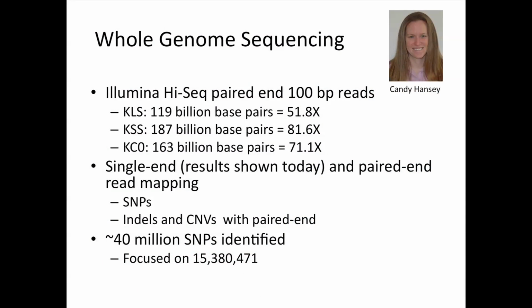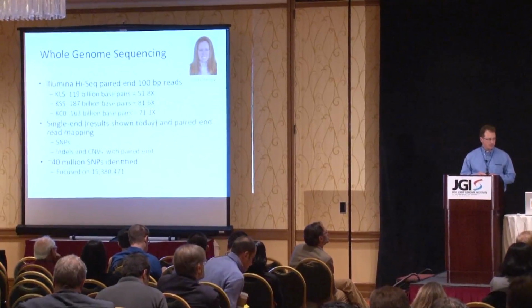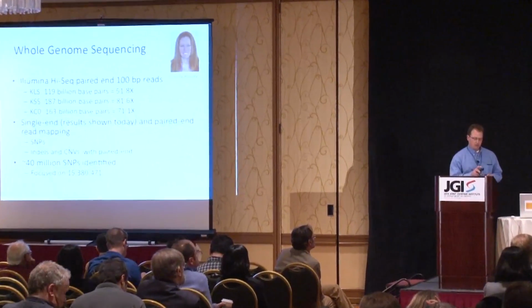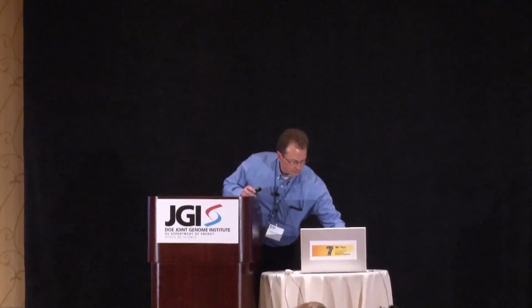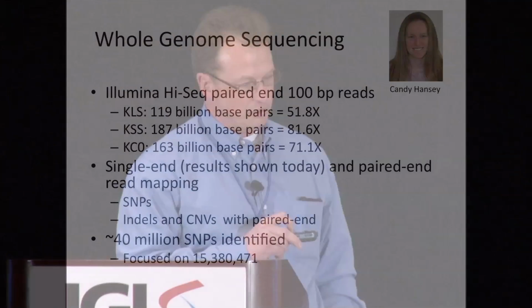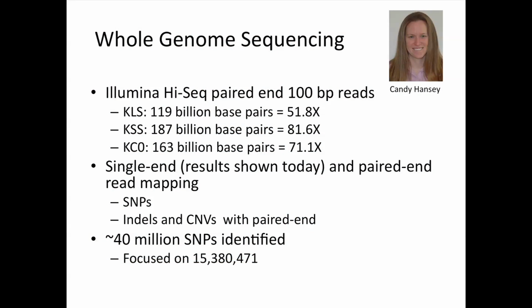So then we tried to look at the differences in gene sequence and allele frequency using a whole genome paired analysis. And this is sequence that JGI provided for us. We gathered a large number of sequence, about over 100 billion base pairs for each of these populations. I have on the slide here the estimated depth of sequence that we're trying to develop. I'm going to make a few more comments on that, shooting for about 50x depth coverage in those pooled samples.